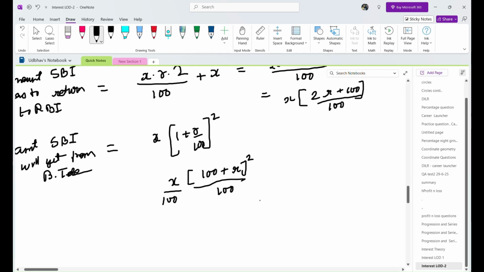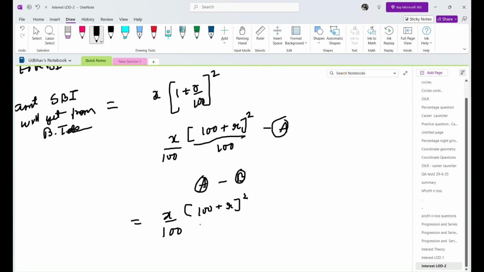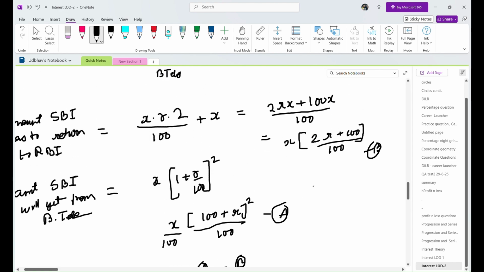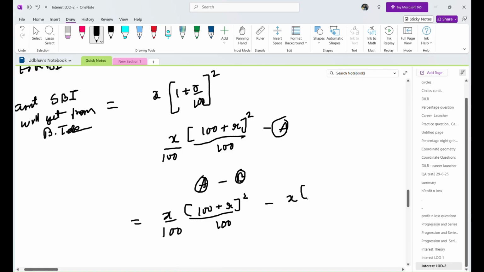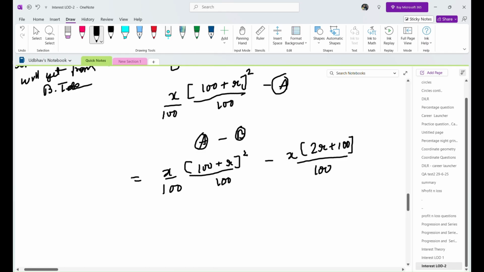So we have to subtract. This is A, this is B. We have to subtract A with B, and what will we get? X upon 100 plus r square upon 100 minus x 2r plus 100. So this is the earning,